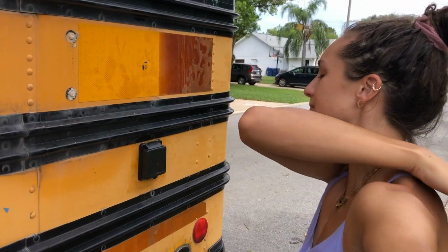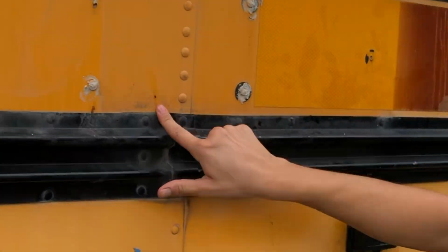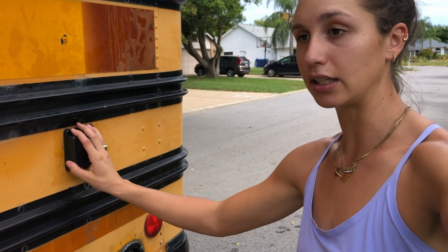Keep in mind, oh my God, I think there's a horsefly. Ew, what is that? I don't know, but